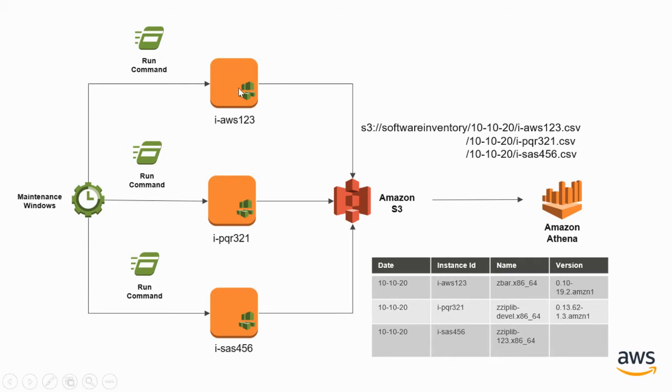So once the document gets executed, in that document I have written that you need to upload this EC2 information, that software versions information, as a CSV file into Amazon S3. So the folder structure in S3 looks like this. This is the top level key, the folder name. Under that there is another subfolder which is the date, the current date, 10th October 2020, and after that I am storing the particular instance ID file as a file.